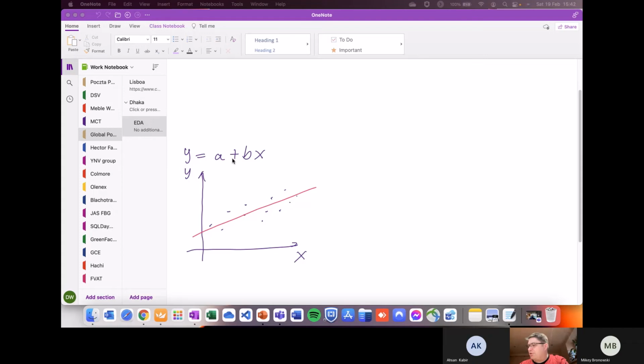Maybe this one is better. Or maybe we have another function, and maybe this one is better. Which one fits the best? That's the question that we have to answer using our SQL statement